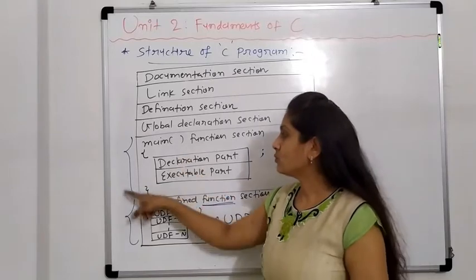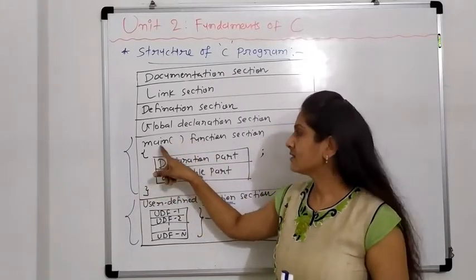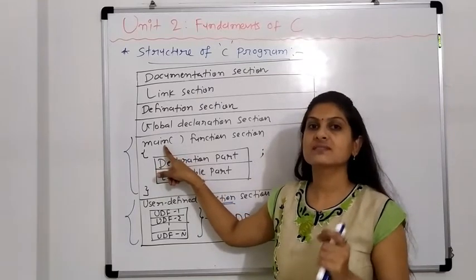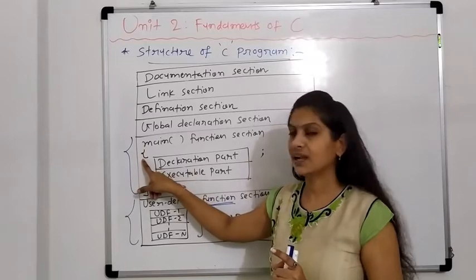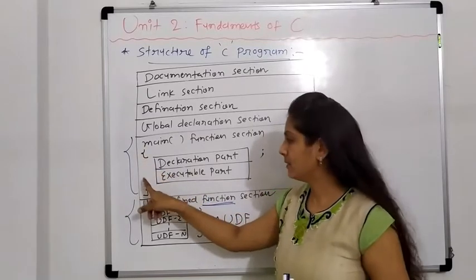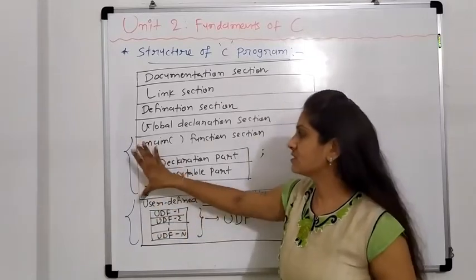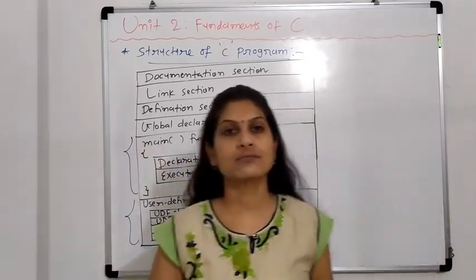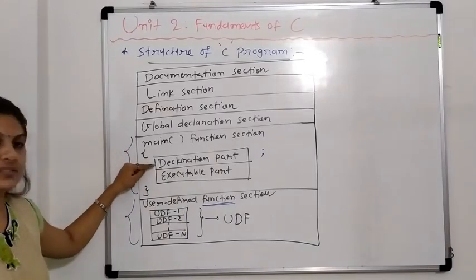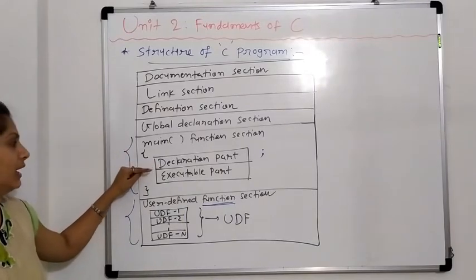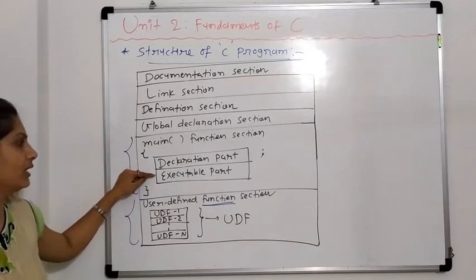Clear? Now this is the most important part of our program. At this place our program starts to execute. The curly brackets indicate the start of our program and the stop of our program. So this is the most important part of the C program, in which we first write the declaration of variables and then all the calculations, that is the executable part.